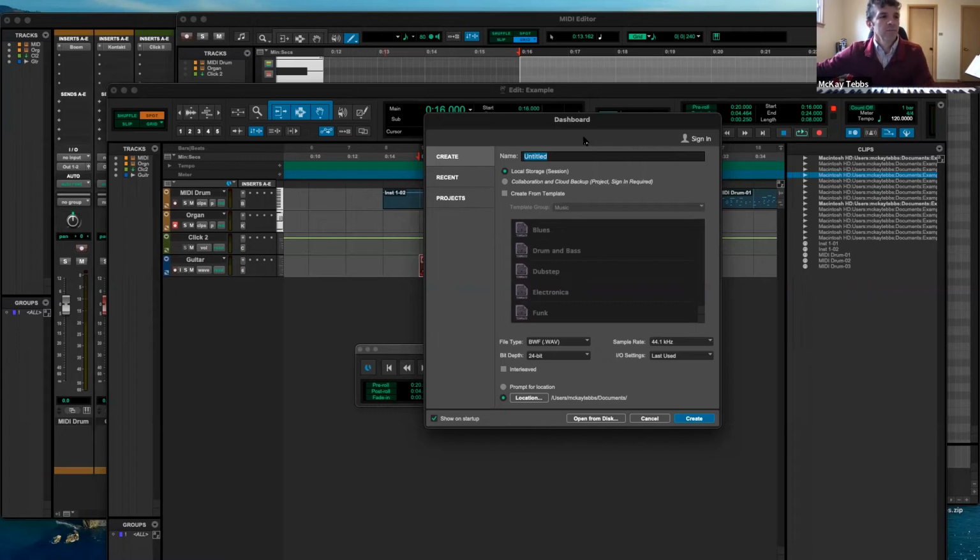Last week, we talked a lot about bit depth and sample rate, but there's some other things to be aware of here as well as you're creating things. First of all, you have an option of where to store it and what to create it from. Local storage is stored onto your hard drive, but there's also a collaboration and cloud backup. And when you do that, you're creating what's called a project, not a session. So a Pro Tools session is when you save something to the local storage to your computer. A Pro Tools project is when you save it on the cloud